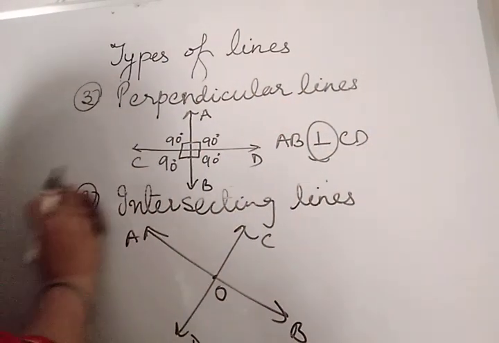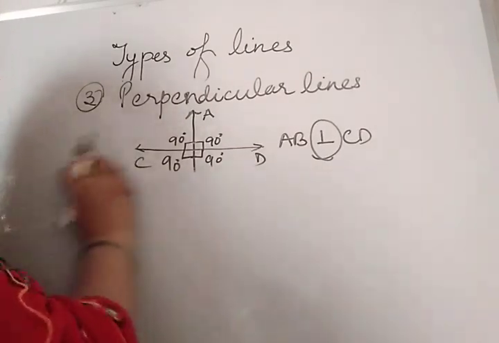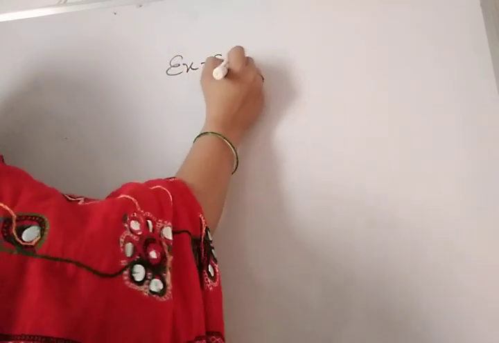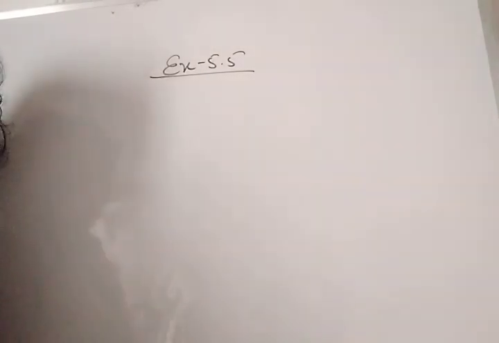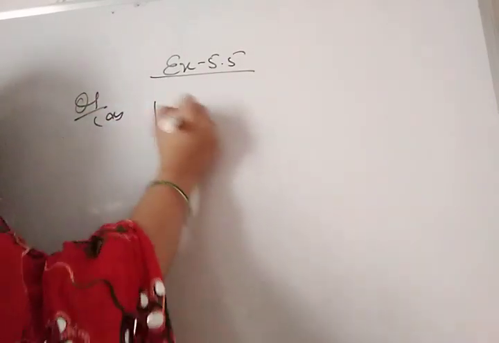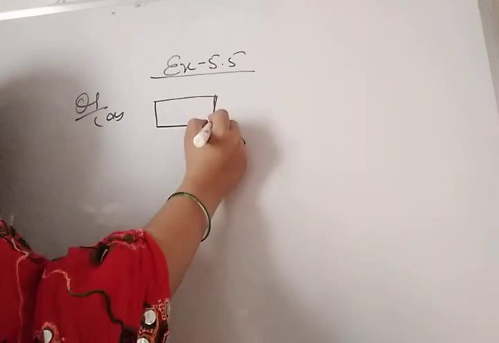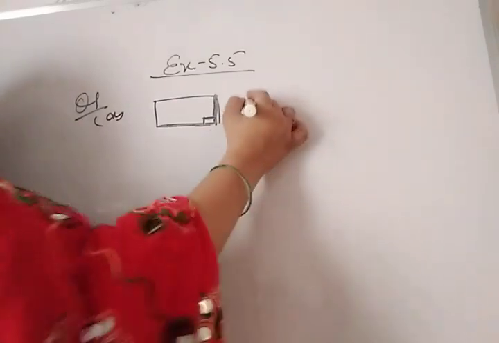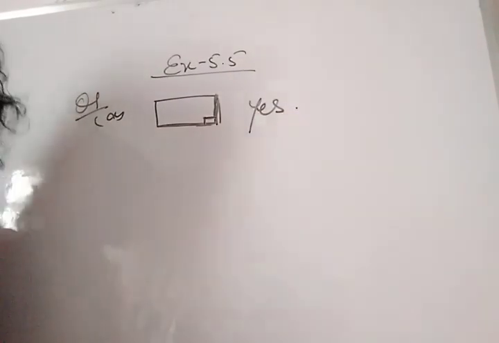Okay. So if you have understood the concept of perpendicular, parallel and intersecting lines, then you can do the exercise easily. That is our exercise 5.5. See the first question. The adjacent edges of a tabletop are perpendicular lines or not? See, this is the tabletop and these are the pair of adjacent lines. Are they forming 90-degree angle with each other? Yes. So they are the pair of perpendicular lines.